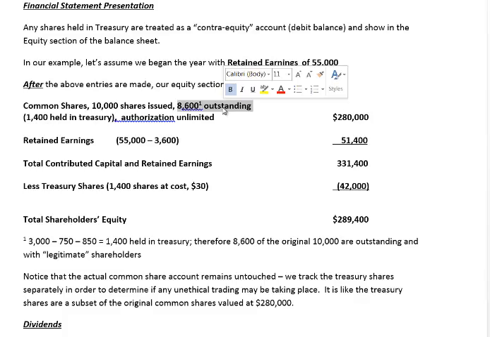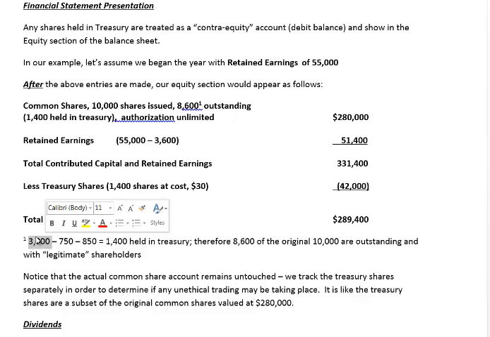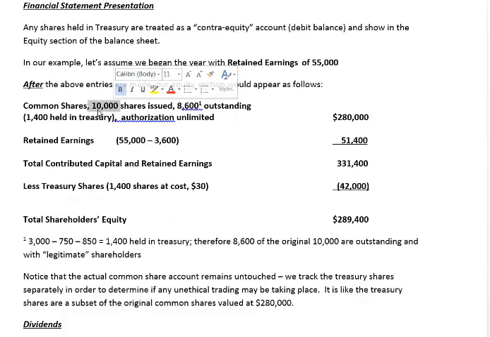1,400 of those shares are with us in treasury, because don't forget, we bought back 3,000 of those 10,000 shares. We still hold 1,400 of them. How do I know? Because we reissued 1,600 of them to shareholders. So of that 10,000, 1,400 are still being held by us, because you need to treat these 3,000 that you originally bought back and held in Treasury as a subset of these 10,000. So they're included in it, right?